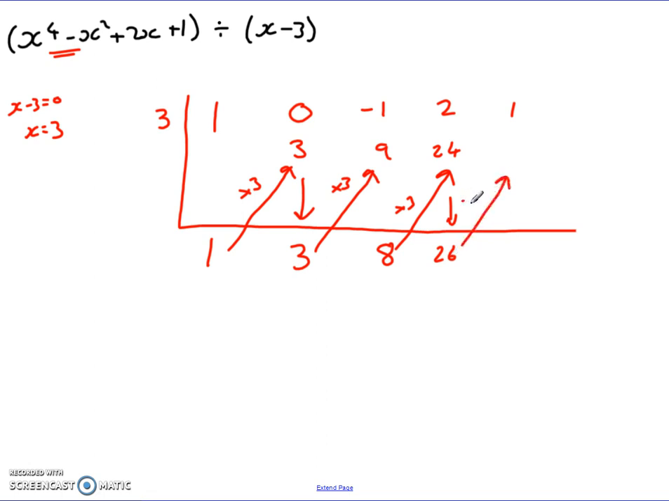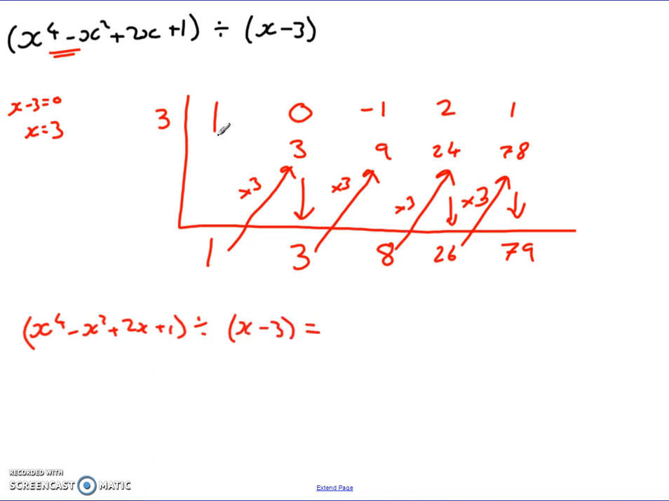And then I've got one more step now to do. Times it by 3, so 26 times 3 gives me 78. Add the 1 going down, and I get 79. So I'm then able to say x to the power 4, take away x squared, plus 2x, plus 1, divided by the x minus 3,